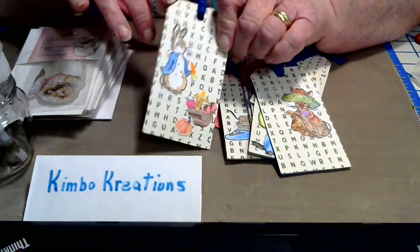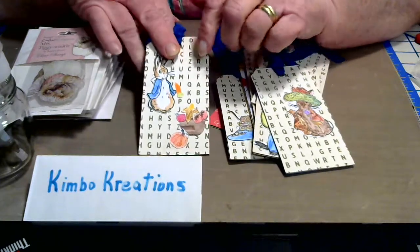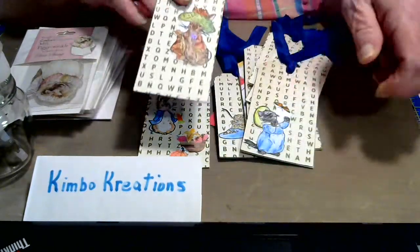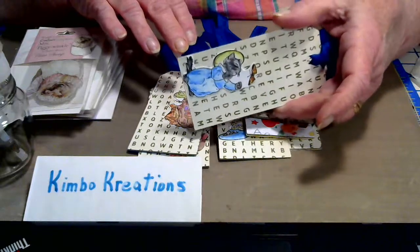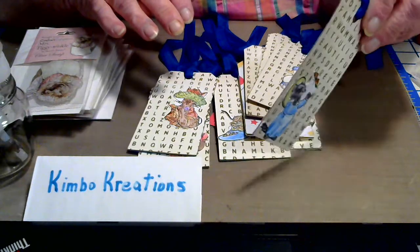And then I cut out the paper to glue to it so to give it some stability so that they couldn't ruin it so terribly fast. And then I stamped and fussy cut Peter, and here's Benjamin, and then there's the tail of, have I got it upside down? Yes, I do. The tail of Tom Kitten, and